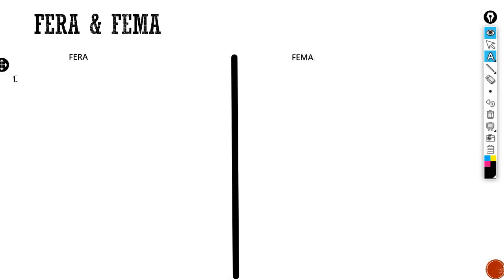The very first difference: what is FERA? As we learned earlier, the main objective of FERA was to conserve the foreign exchange reserve,